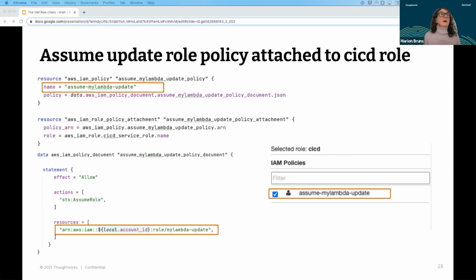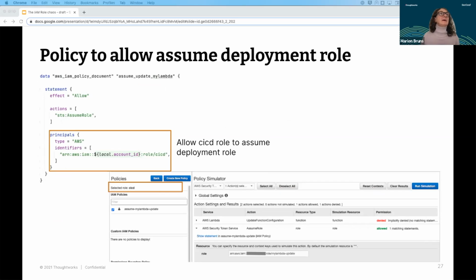And then you need to attach an assume update role policy to the CI/CD role, as shown here again. I just went through this a little quickly. I see that we are already running a little bit out of time. And last but not least, on the lambda side, you also need to allow assuming the deployment role.